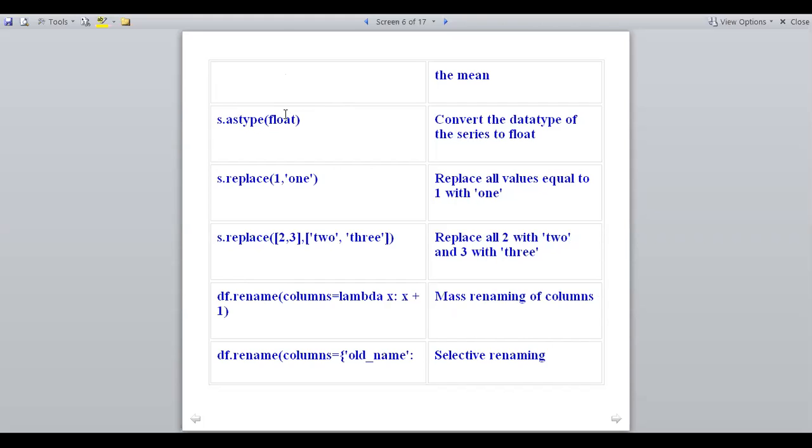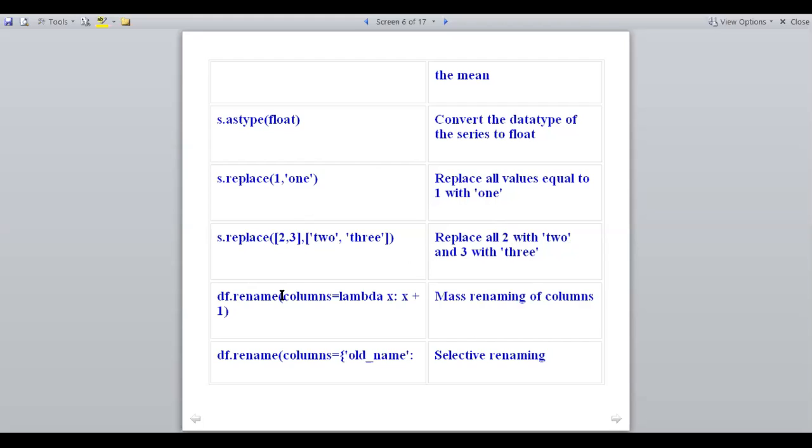And astype means convert the data type of the Series to float. And replace(1, 'one'): a 1 written as a number is replaced with the word. Replace all values equal to 1 with the word. So replace([2, 3], ['two', 'three']) means replace 2 with the word and 3 with the word. Any number can be replaced with a word.